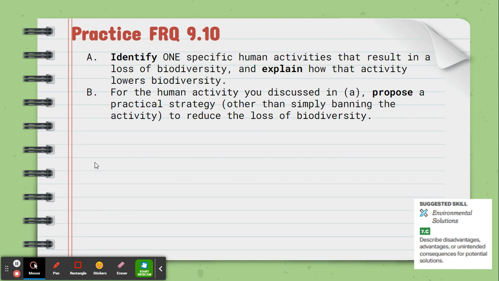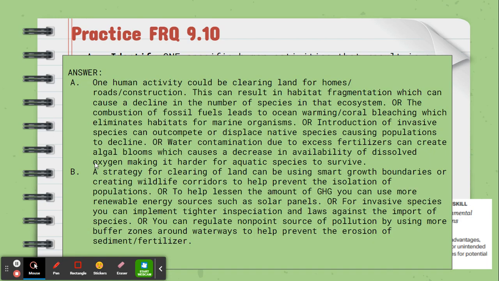All right, so here in our practice FRQ, it asks you to identify one specific human activity that may result in the loss of biodiversity and explain how that activity lowers biodiversity. In B, it said for that human activity proposed, you needed to provide a practical strategy, other than simply banning the activity, to reduce the loss of biodiversity. So some things that we could have said, remember, we know habitat loss and fragmentation is a human activity that can certainly decrease